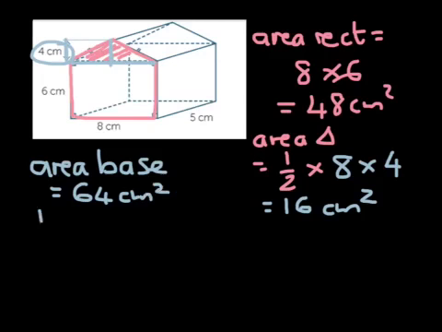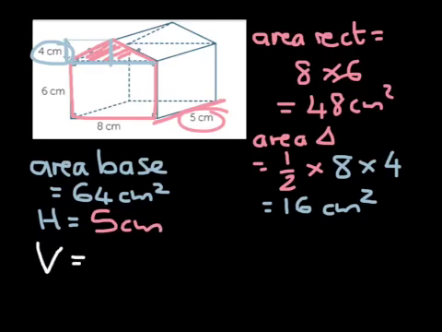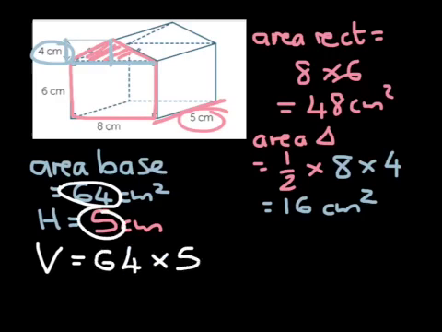Now remember, we haven't identified the height. The height is the edge that runs away from the base face. So there it is there. My height is 5 centimeters, and remember, volume is just area of base, there it is there, times height, there it is there, and that gives me